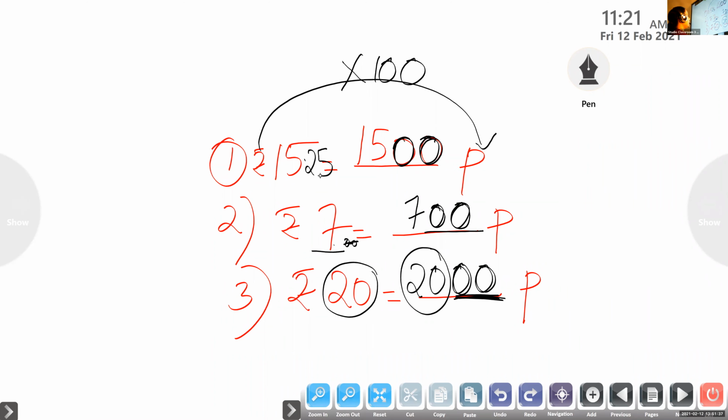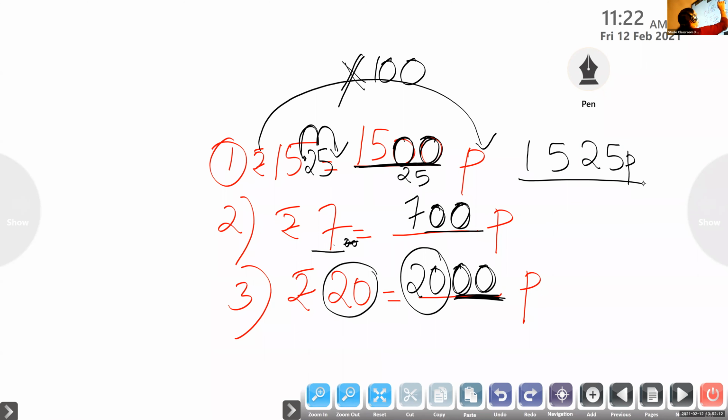15.25. See, multiplying with 100 means you have to move the decimal point from left to right, 1, 2 digits. So the answer will be 1525 paise. So children, listen carefully. To multiply, what we will do? Move the decimal point from left to right. Okay, multiply means left to right. So here 15 becomes 1,500, plus 25 we are adding. That is why we are getting